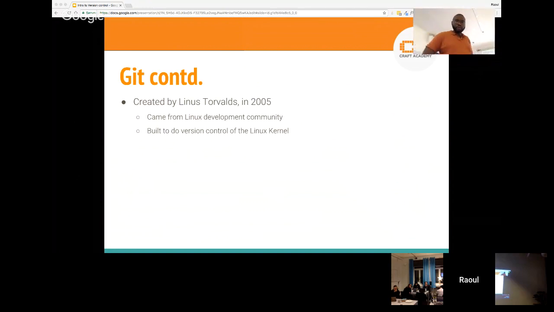Okay. Git was created in 2005 by Linus Torvalds. Linus Torvalds is the father of Linux, which is an operating system. And it basically came out of the Linux development community because as the project grew, they needed a way to systematically track the changes of the project over time, see how the project has evolved, and if need be, revert back to some previous changes and so on and so forth. And so they decided to build